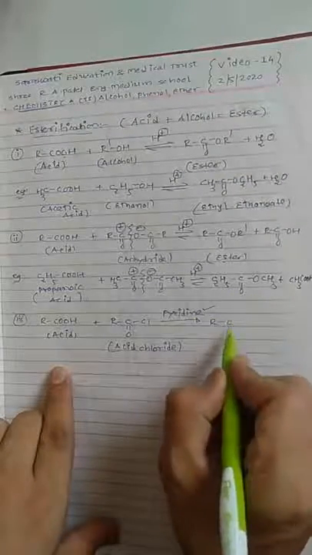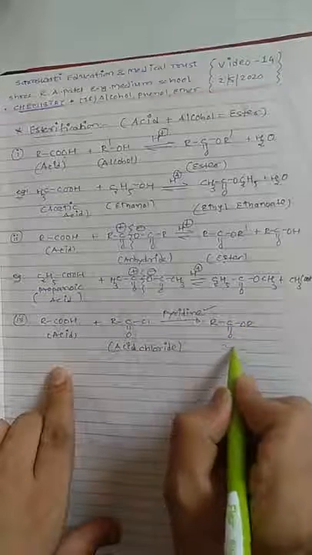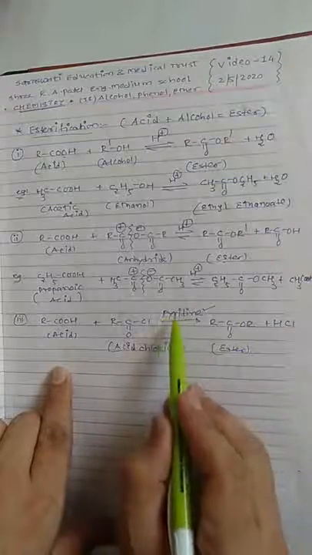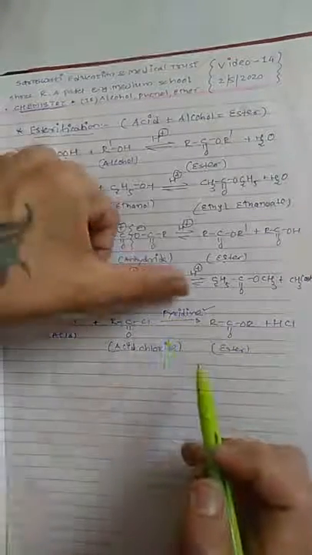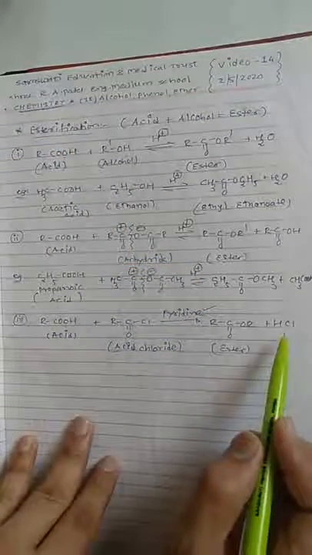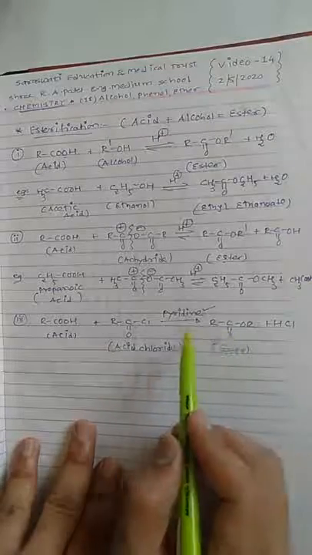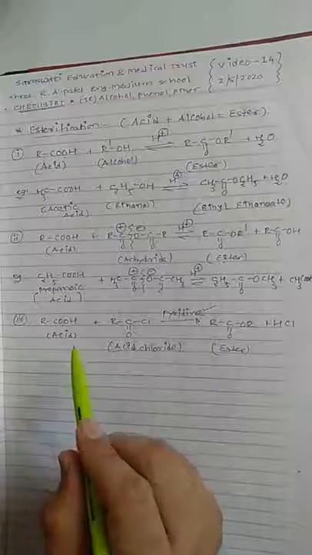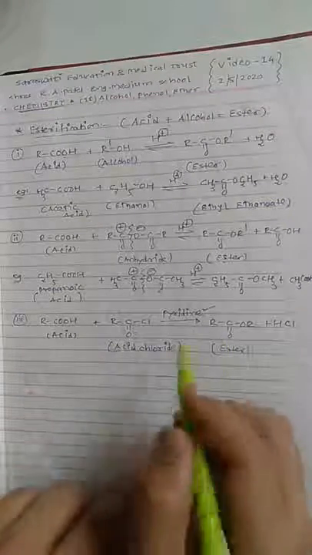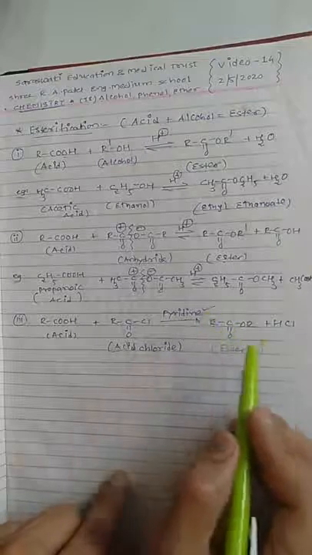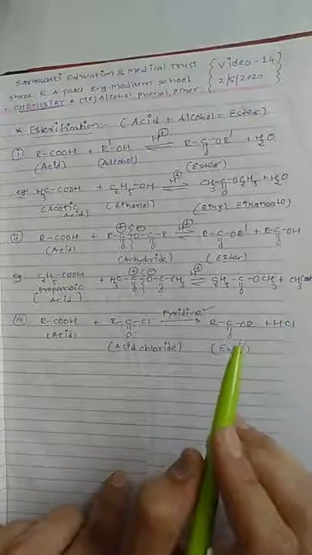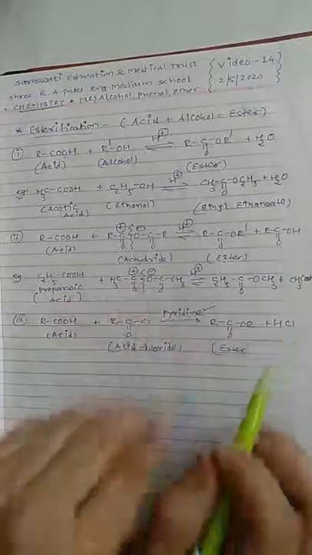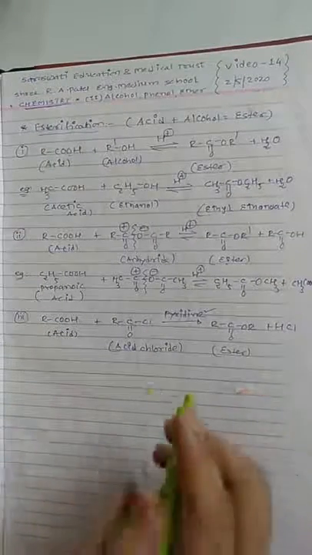So we get RCOOR' as an ester with loss of HCl. So what is the role of pyridine? If in the absence of pyridine the reaction continues, then HCl again reacts with ester and forms acid as well as acid chloride. So product is converted to reactant. If you want to stop the backward reaction, you have to neutralize the reaction scheme. Here acid is formed. For neutralization, we require pyridine as a base. So base and acid will neutralize. So this is all about esterification.